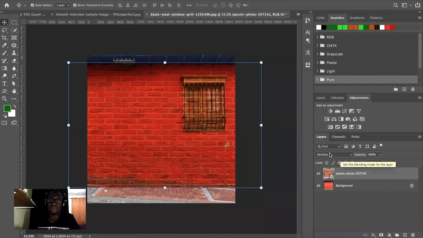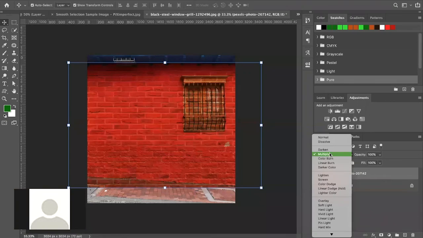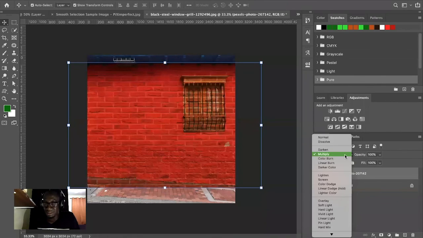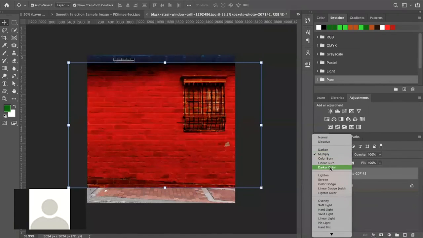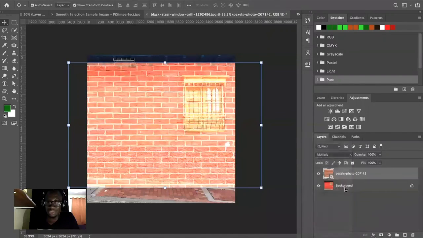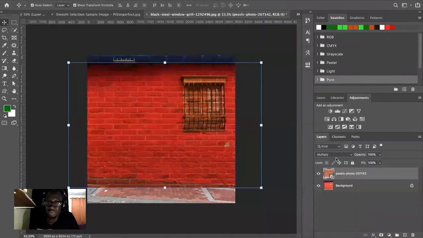So this style, this effect gives you access to do a whole lot on a particular layer. So when I choose multiply,